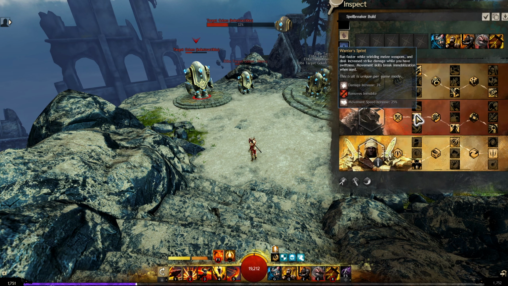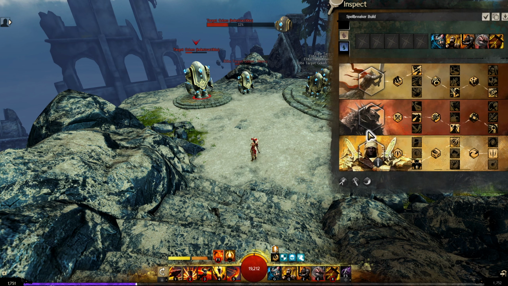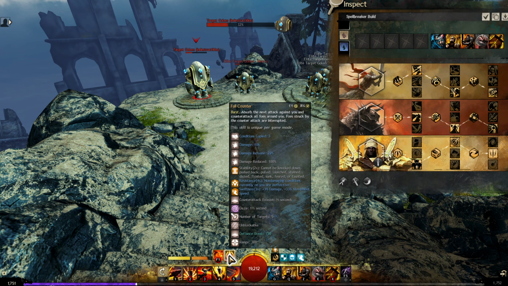So we've got Warrior Sprint, Burst Mastery as well, which gives us more damage on our F1 skills. And then in Spellbreaker, we have No Escape, which immobilizes whenever we daze or stun, but our only daze is going to be the 3 skill, or full counter. So when you use full counter, you are going to be setting up immobilizes, and that can be quite a bit of